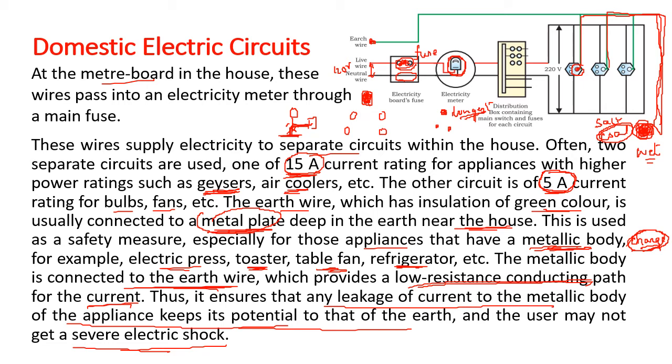Now fuse, we are going to learn, is like this, this is the symbol of a fuse. The fuse is what? We have done in the previous classes, the fuse is a material made up of low melting point. So when the current becomes high suddenly, this wire will melt and the circuit will break. So the fuse can be kept on the live wire or the neutral wire because it is made to break the circuit. But why we never keep the fuse on the neutral wire? Why we always keep it on the live wire? Let us see.